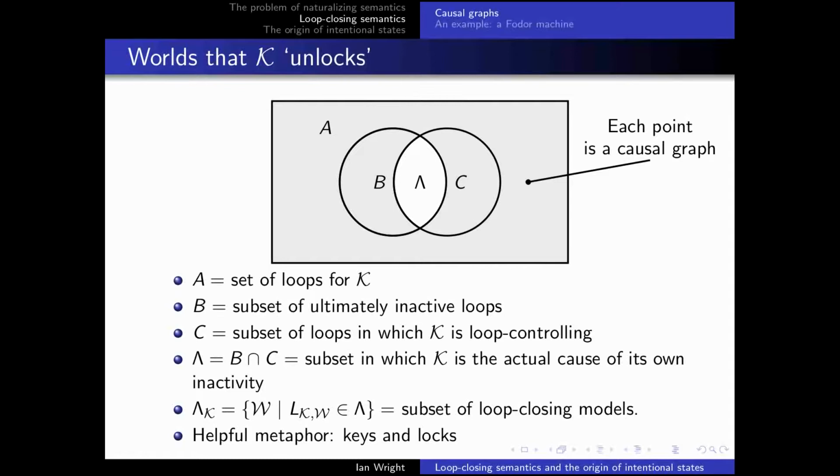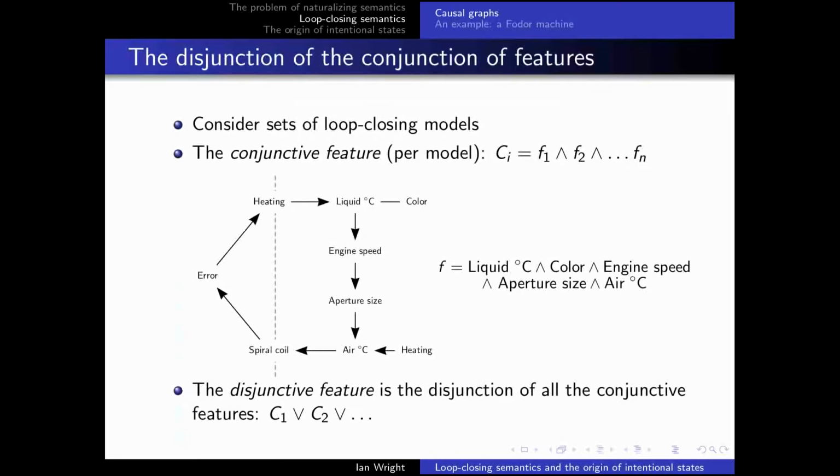Now, the loop closing models contain an important item of information that we'd like to extract. So there are many questions we could ask of the set of loop closing models, but here I want to find out what features must be in the world for a loop to be loop closing. For example, this loop closing model has 6 features in its world, but some of these features are surely irrelevant to loop closure. And roughly speaking, we proceed as follows.